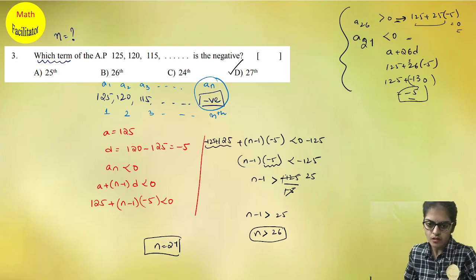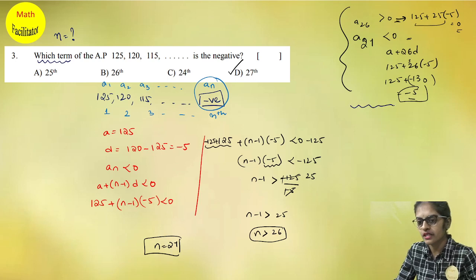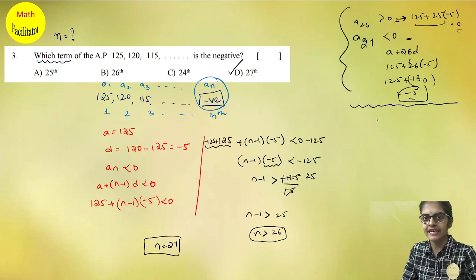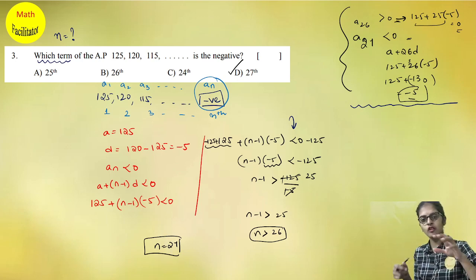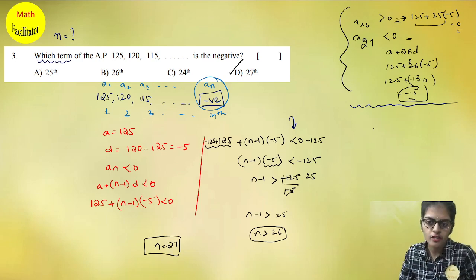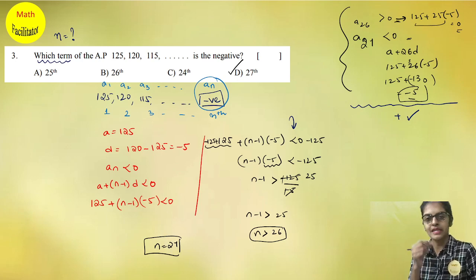Remember this golden rule, I will give it to you now. What we are doing here is called inequality. The equal symbol is not there, the less than or greater than symbol is there, which means these are called inequalities. Whenever you are adding or subtracting, the inequality will remain the same. If you are multiplying with a positive number, the inequality will remain the same. If you are dividing with a positive number, the inequality will remain the same.